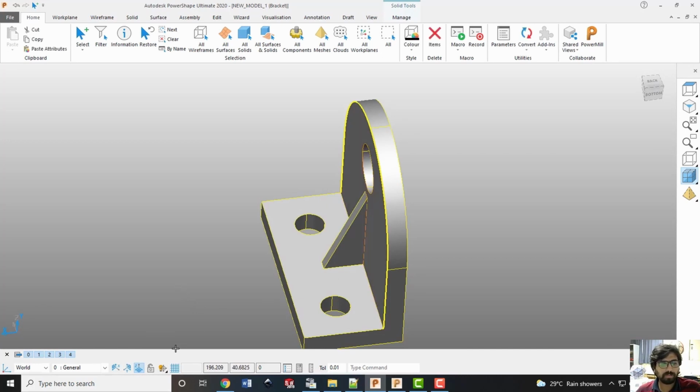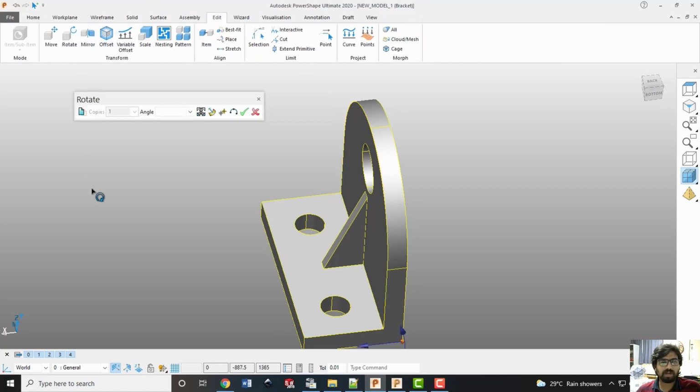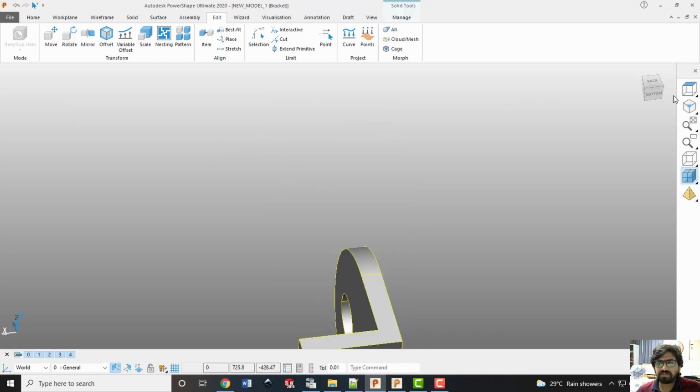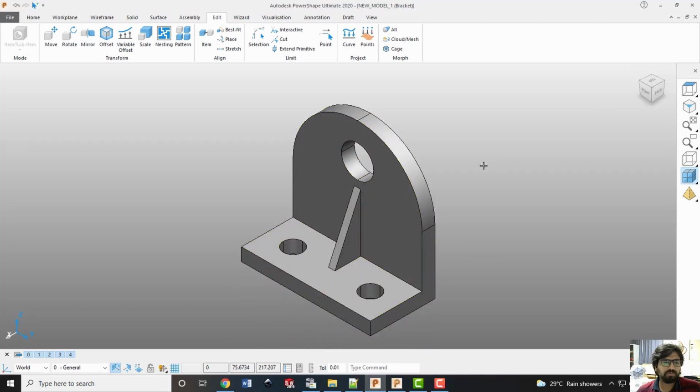So here I'll select the part, select the axis about which I want to rotate, go to edit and rotate the part by 90 degrees. If I say OK, you can see now the part has been rotated. This is how its isometric view will look. This is the Z axis as you see here, and this is the build direction as well.